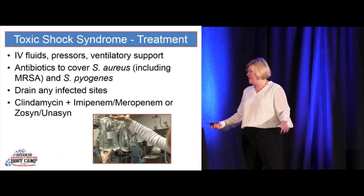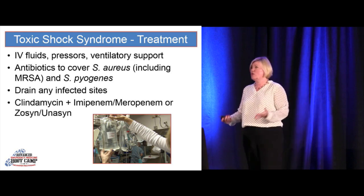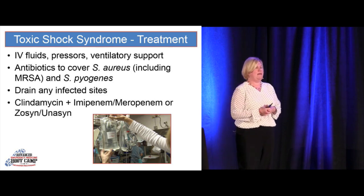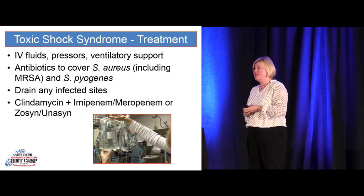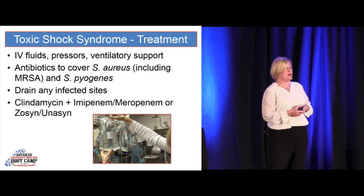Well, we're going to resuscitate them in our standard ways. We're going to use IV fluids, pressors, ventilatory support should they need it, and we're going to give them antibiotics to cover the strep and staph that may have started this whole thing. Now, this is already toxin mediated, so we're really behind the 8 ball when we get started with these antibiotics, but we're going to give them because we just got to make sure that there's no further progression of the